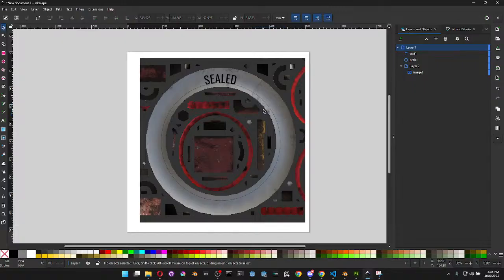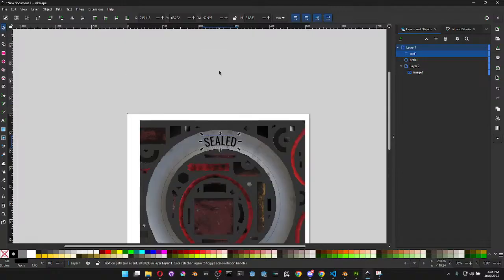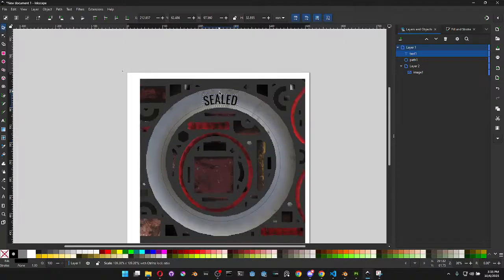So if we need to rotate the path, scaling that doesn't scale the effect. This might be still a bit too big. Okay, now if I wanted to have a second one,